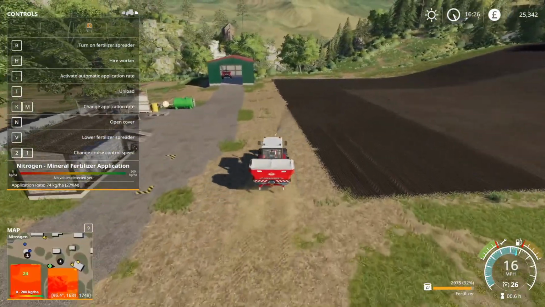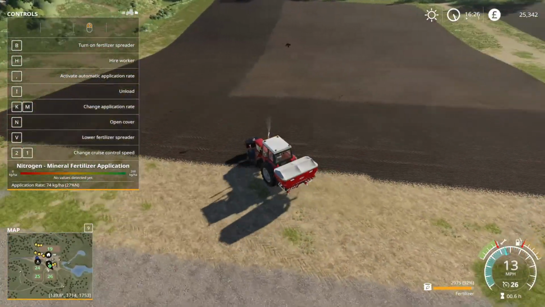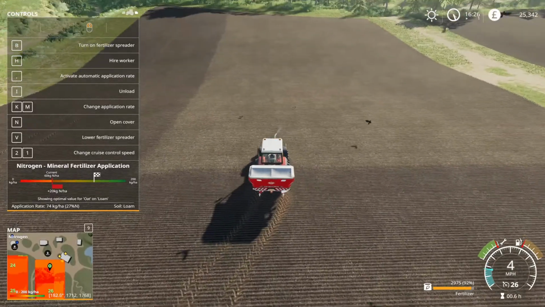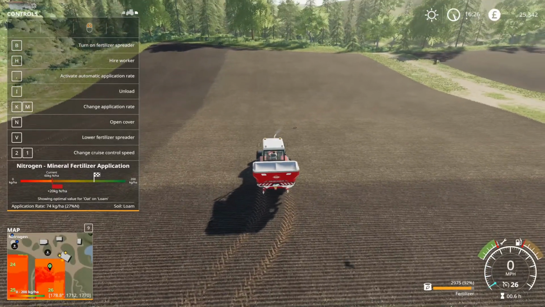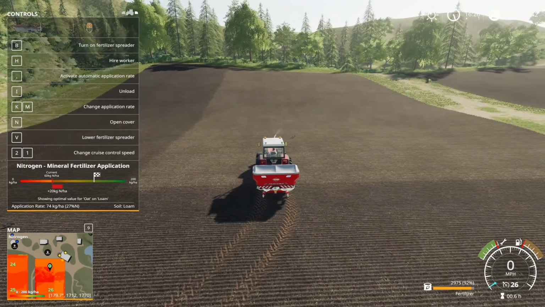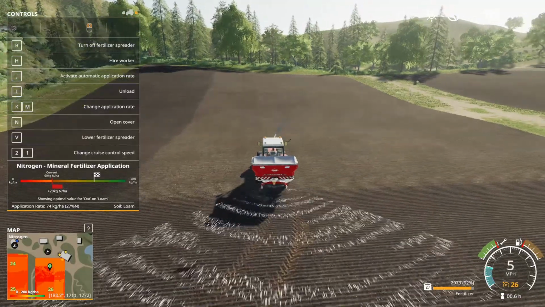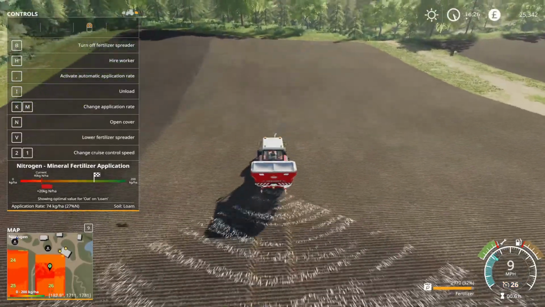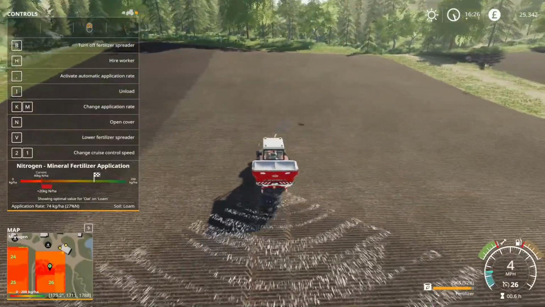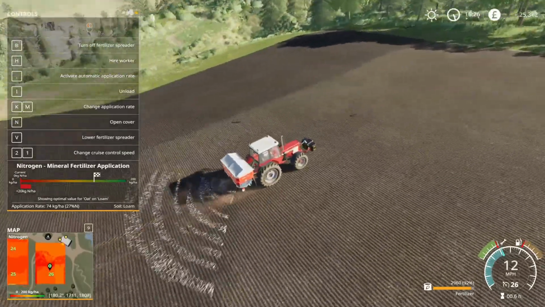Go back up here, and if you keep an eye on the mini map, you will see the colour of the field changing as we do the fertilising. As we move up the field, you'll see that that red and orange gets paler. Oh, what am I doing? Pick it up, you. And moves more towards a yellow. Now, that's kind of odd. And in fact,